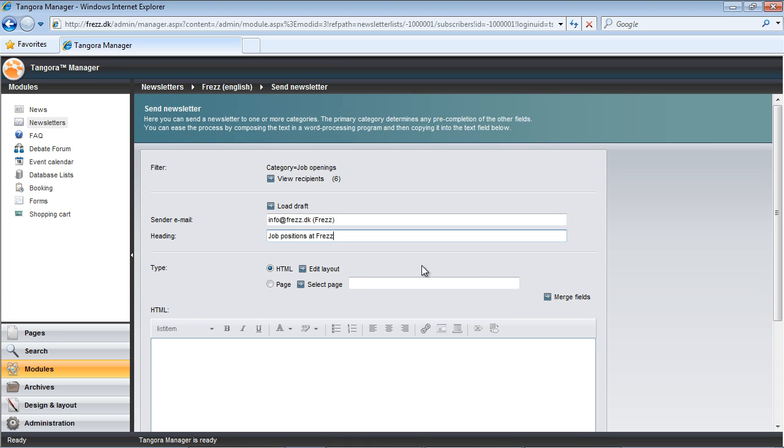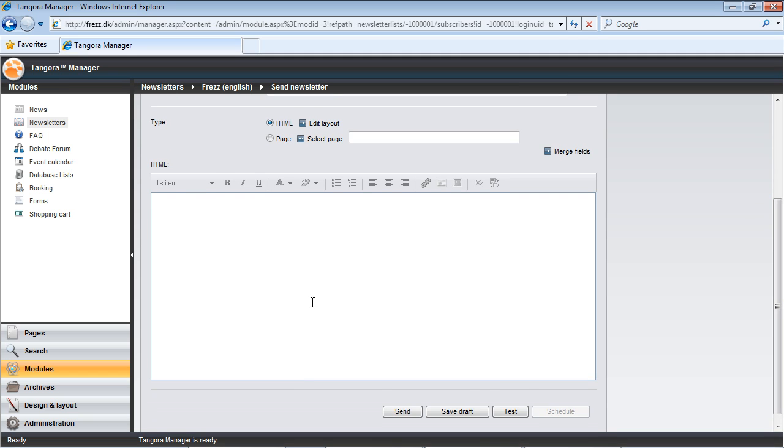I've briefly mentioned in an earlier video the Edit Layout area next to the HTML radio button selection for type. It would be possible to create a shell or wrapper here where we could build a graphical structure. And that would be a good technique if you were just intending to write text in the HTML area as if you were working in a word processing program. But what we're going to do here is build a structure directly into our HTML editing window because I want to add text in various areas, and as we'll see, it's not going to just be in one clump.